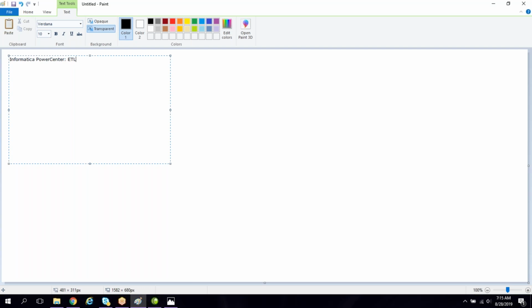To perform ETL in the market, not only the Informatica tool, we have different types of ETL tools like Ab Initio, Data Stage, Pentaho, Warehouse Builder. Like this, we have different types of ETL tools. Even though we have different types of ETL tools, most of the clients would suggest going for Informatica.